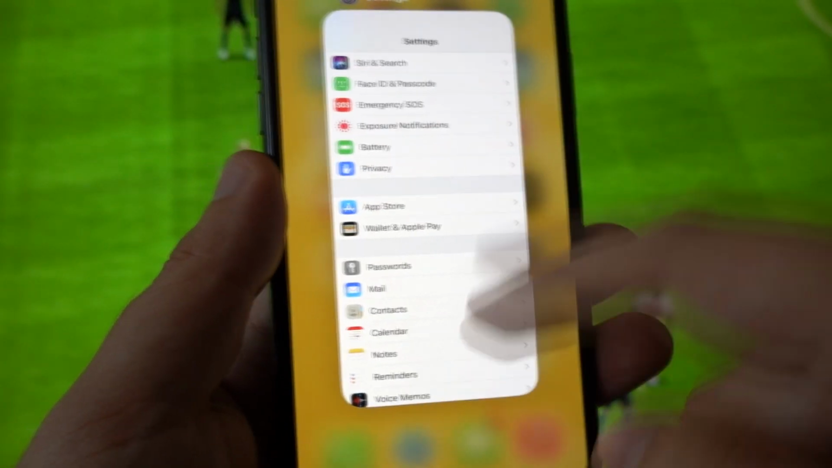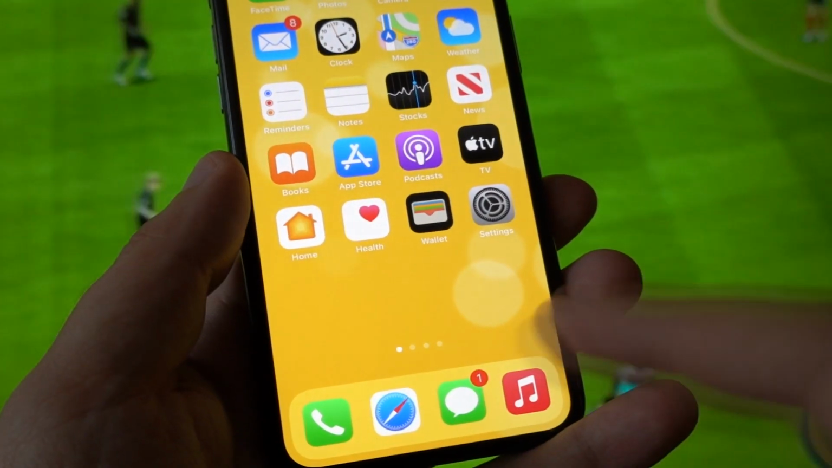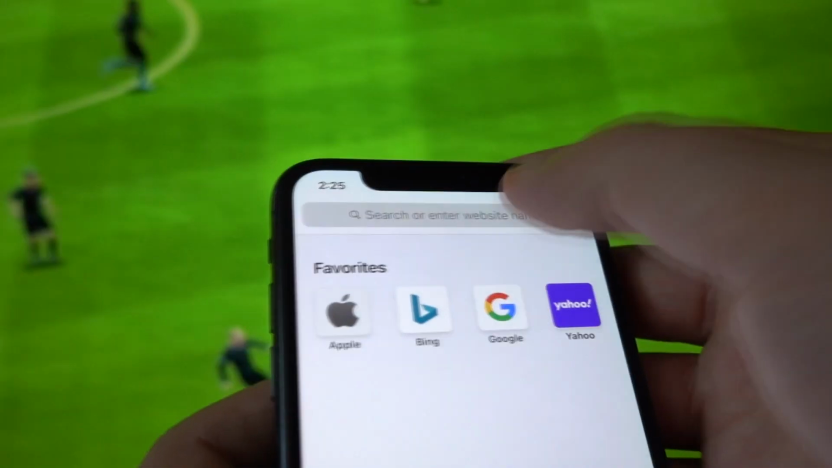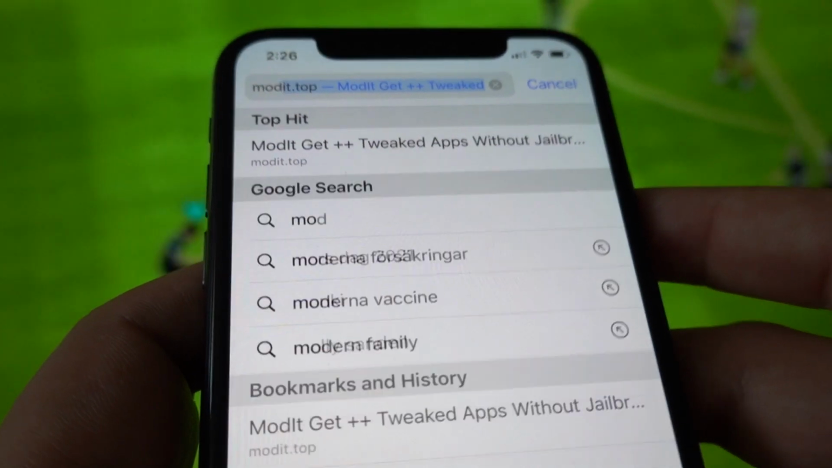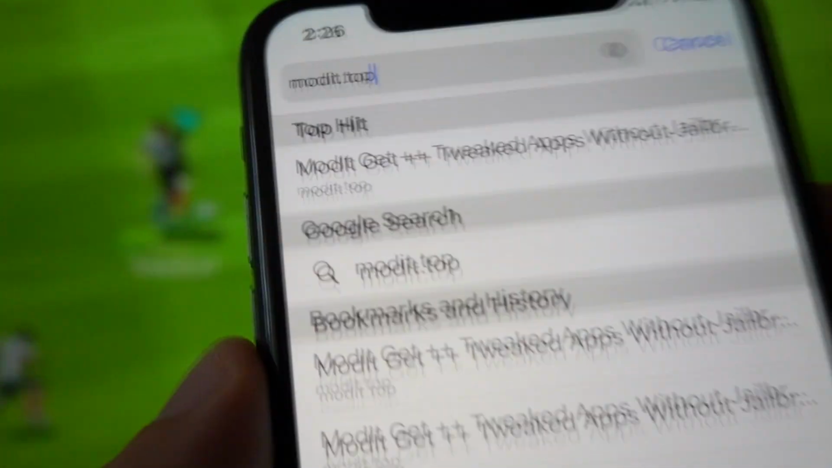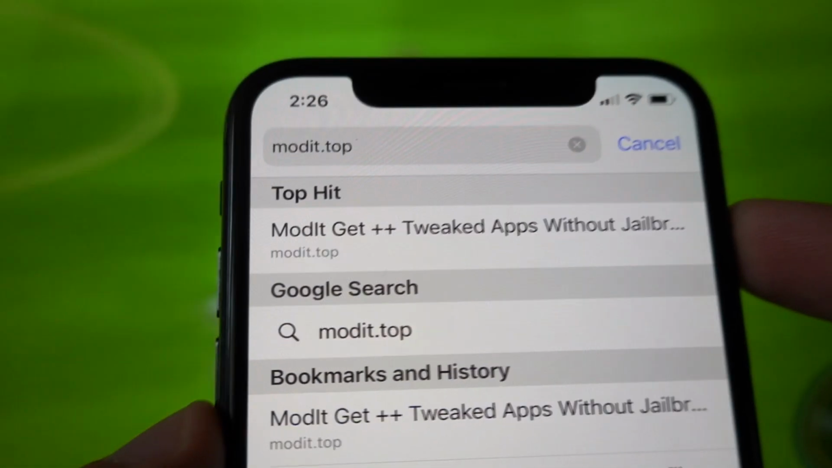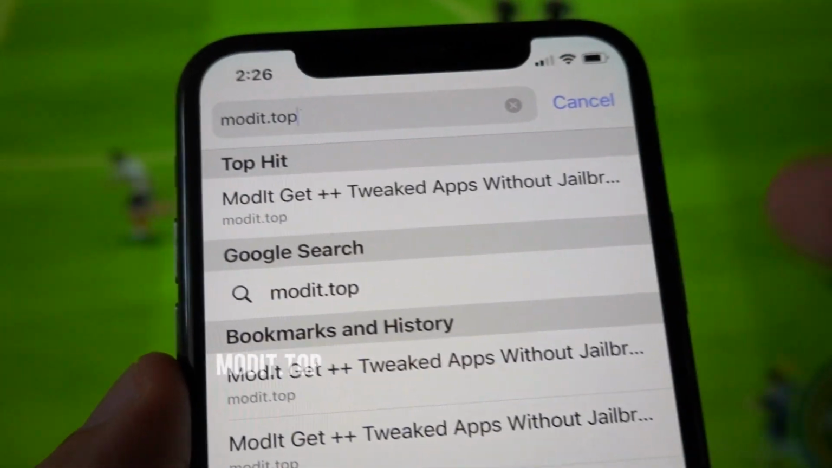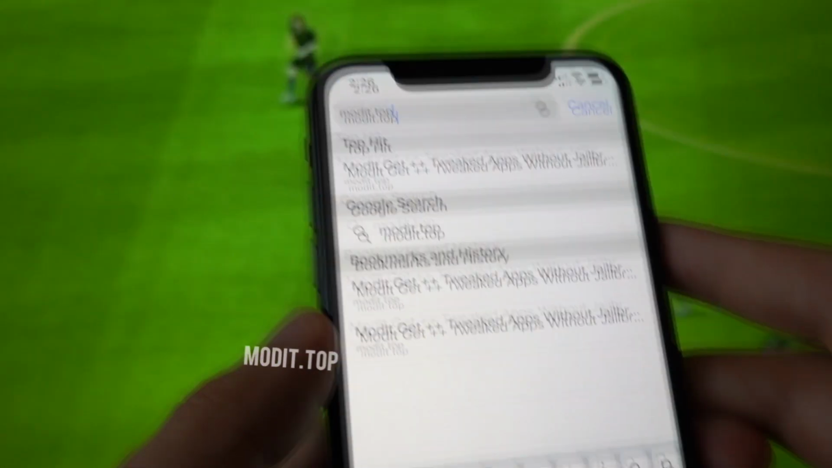Once you've done that, simply close your settings and open your browser. That is going to be a quick job as well. And into the search engine bar of your browser, you have to type in moddit.top. Moddit.top. Type that into your search engine bar, and once you click search, you will see that a list